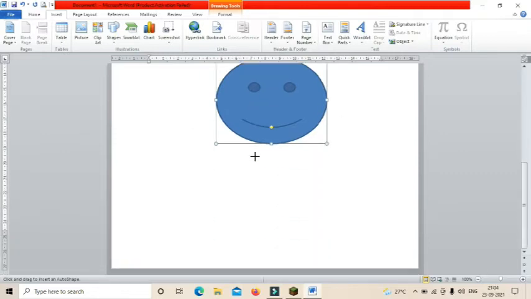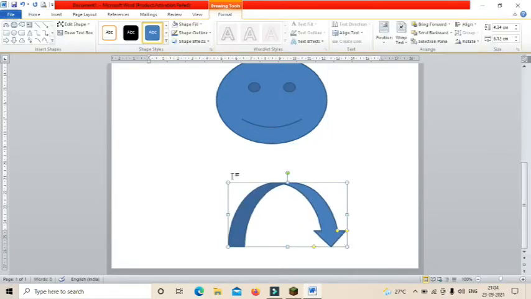Keep the plus sign in a particular position and then press and drag the left mouse button to place the shape.